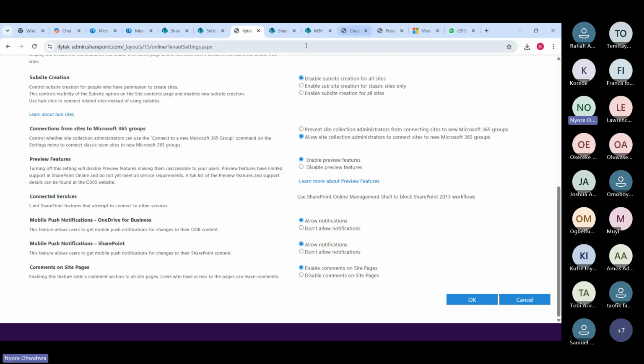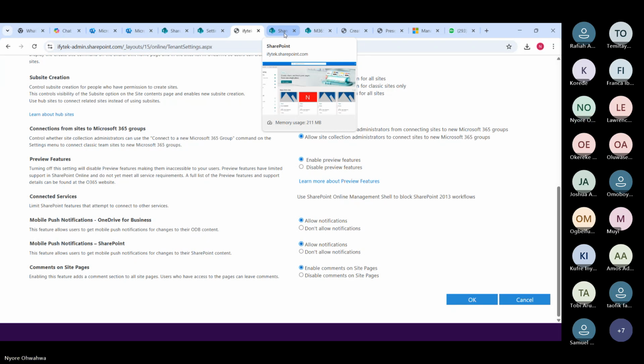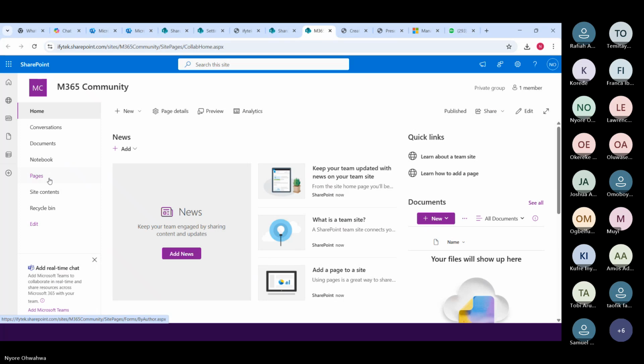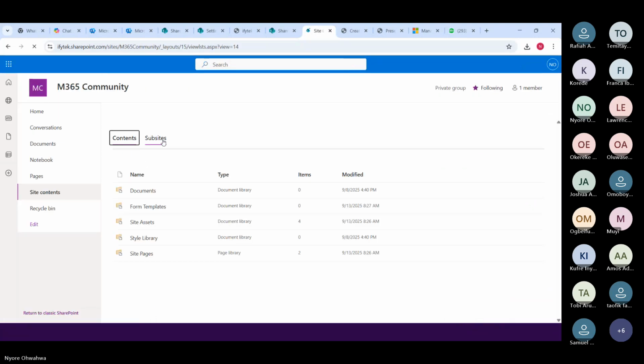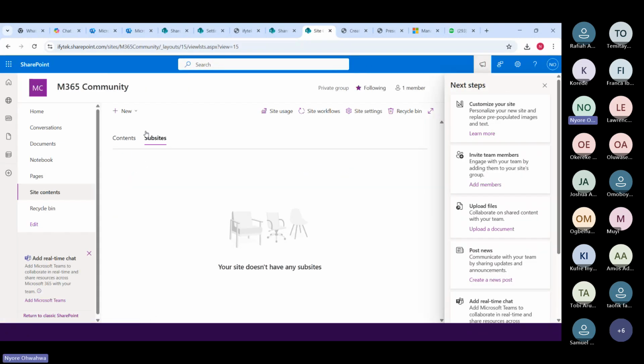So at some point during our learning phase, the person taking us through SharePoint told us to create a sub-site. When you go into your site, you go into site contents, sorry, and you click on sub-sites, click on new.